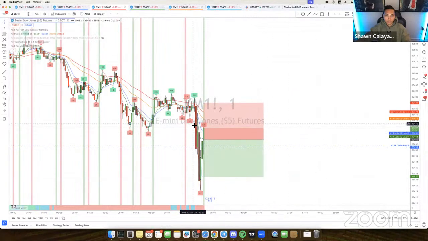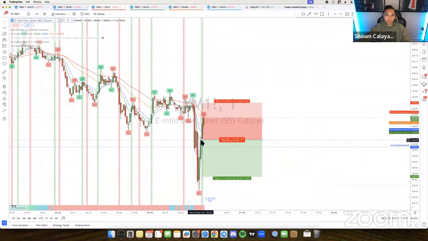This is the PRB entry. So we had a rejection right here at 630. We had space down here. Price came back and retested the area right here. And then now it's pushing up. Personally, I probably